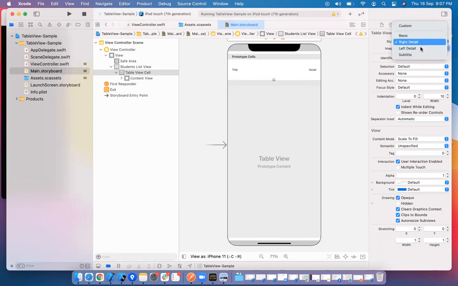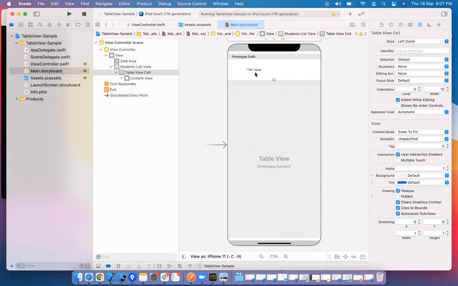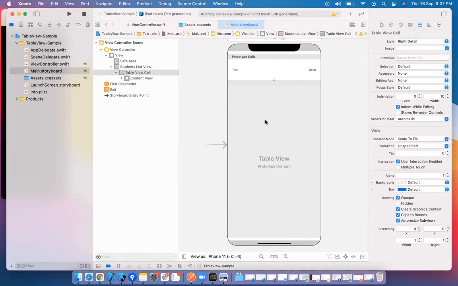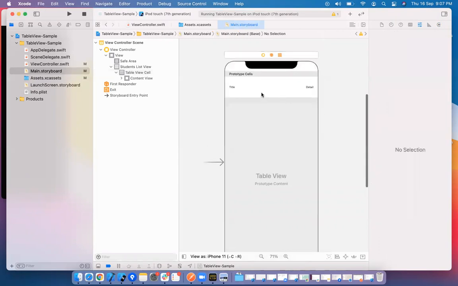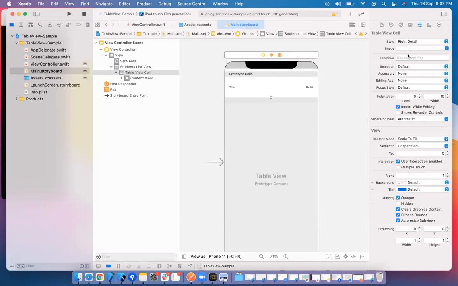And what else we have? Left detail. Left means these are coming next to next. I want right detail. Okay, this is the cell. What I do is I'll assign one identifier for this. This is the identifier.